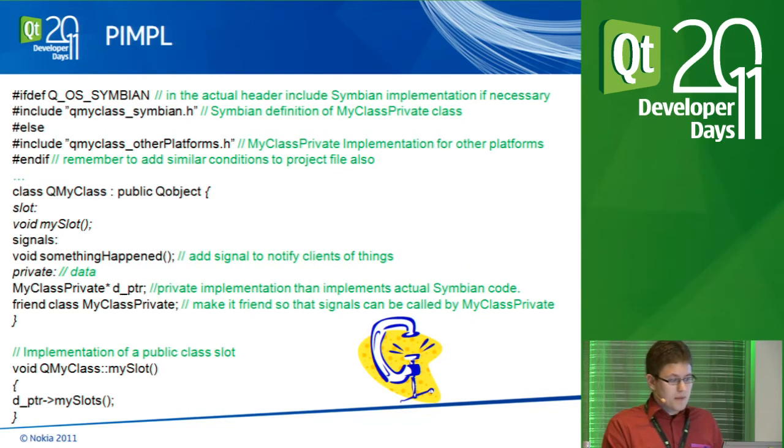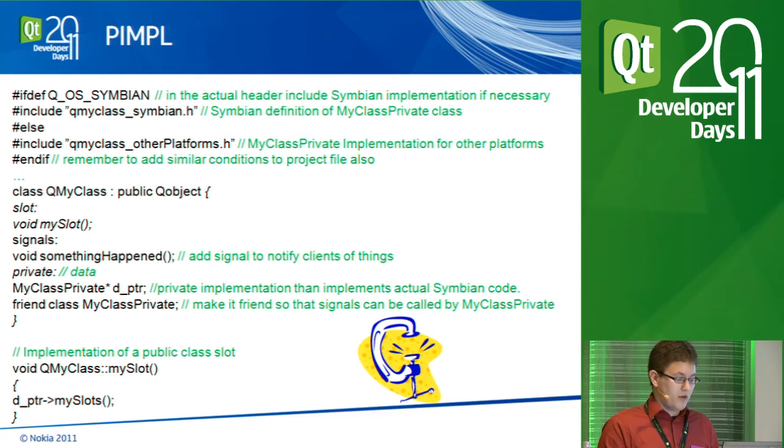So about this pointer to implementation idiom, the idea is to make all the Symbian specific implementation reside in the private class, which is not visible to the user or the client of your API. So what you do is you make an ifdef to check which version of the header class files you are going to use. If you're on the Symbian platform, you include the Symbian specific one, and then there might be some other platforms that use other implementations. And then you have this private pointer here,